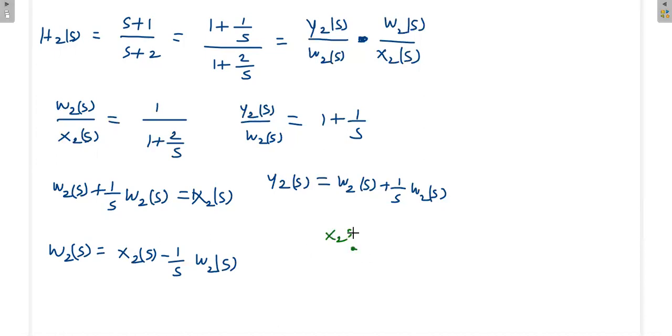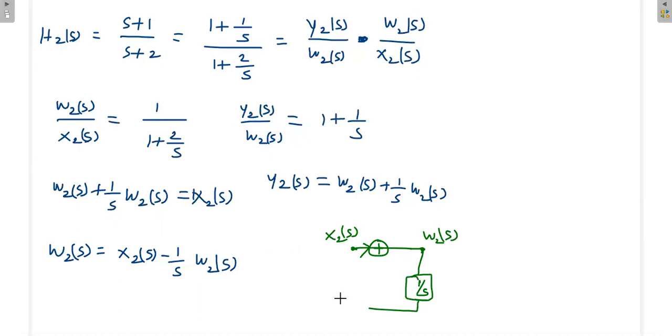We need to form the variable W2(s), where X2 of s is added first, then W2(s) is multiplied with 1 by s. Come this way, multiply with 1 by s, then with a gain of